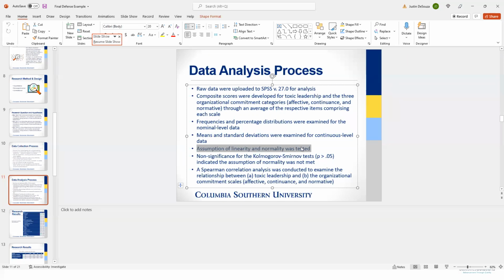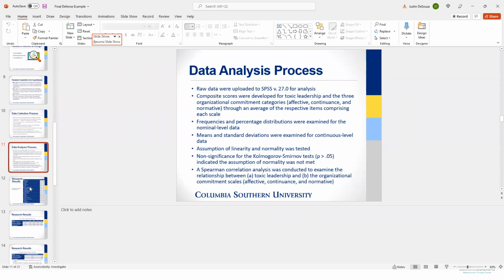I think for this study, the analysis was a regression model. So you need to check for a couple assumptions before you run a regression. And then talking about the specific tests that are being used to check for those assumptions. And then what is the inferential analysis that you're using? And this person was using Spearman correlations.